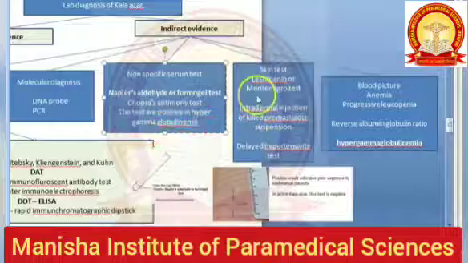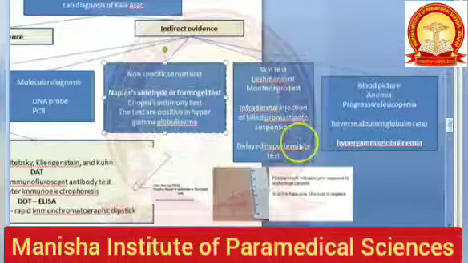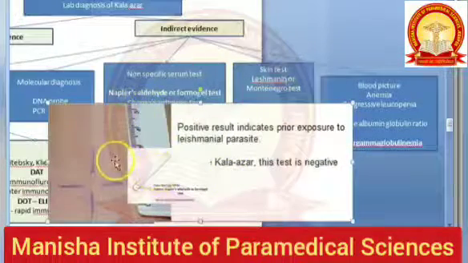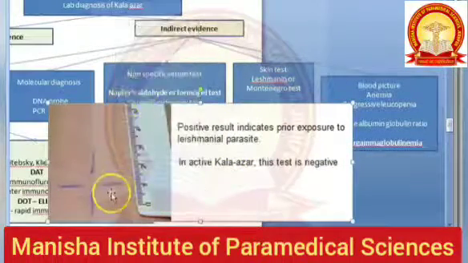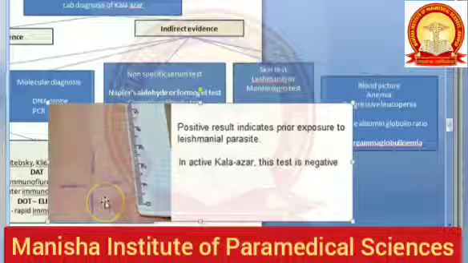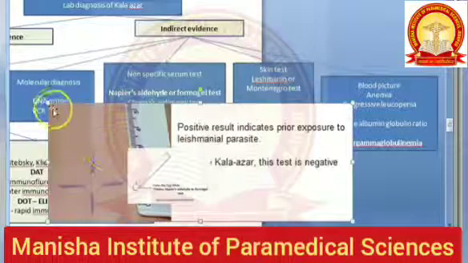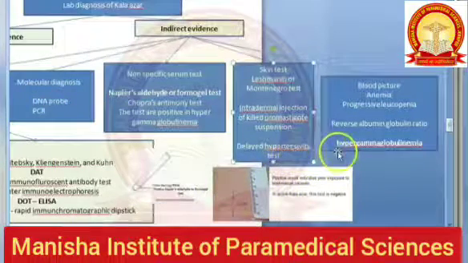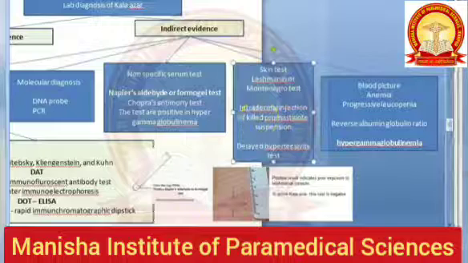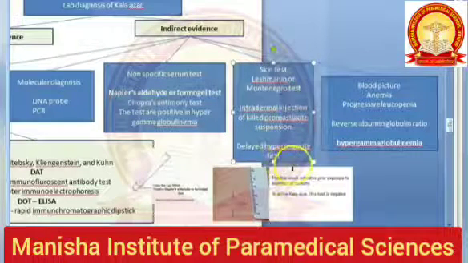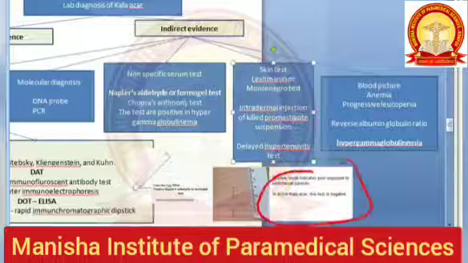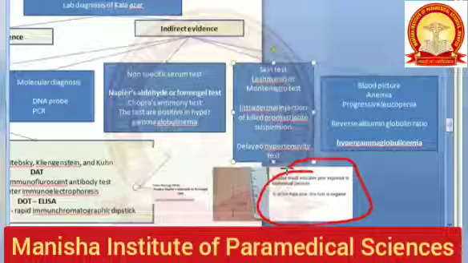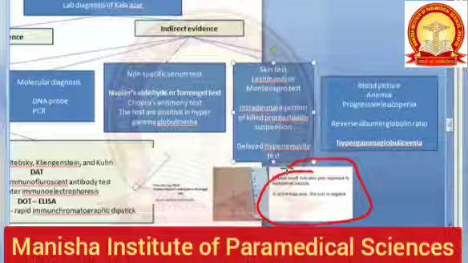Moving on, guys. Now we will move on to the skin test. Basically, they will give an intradermal injection of the antigen, a very, very small amount of purified antigen, to find out whether this person was previously exposed to Kala Azar. So basically this is just going to tell whether this person had Kala Azar. If he is having Kala Azar, it will be negative. If he had Kala Azar, it's going to be positive.